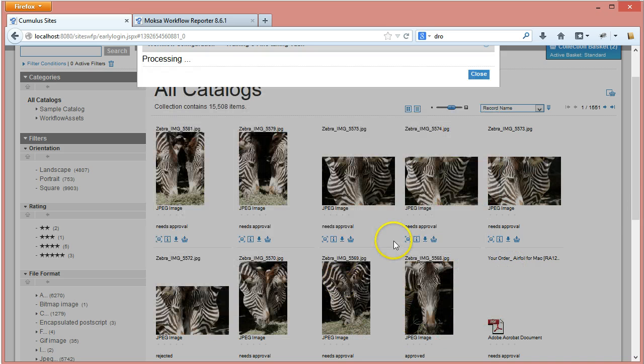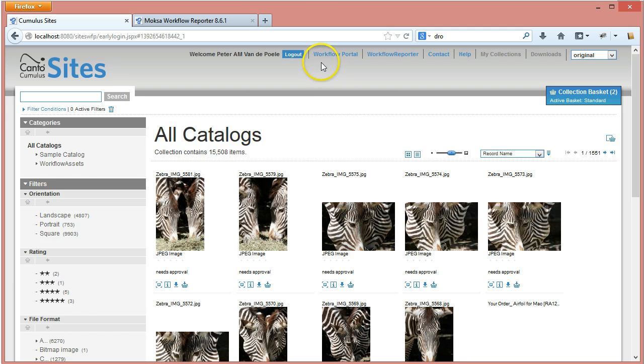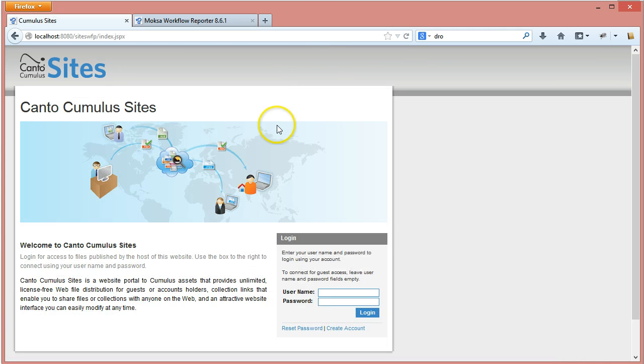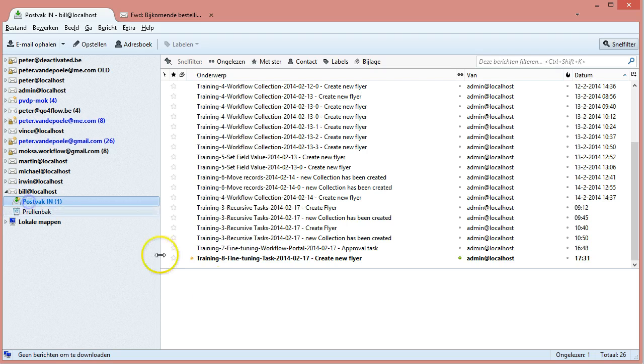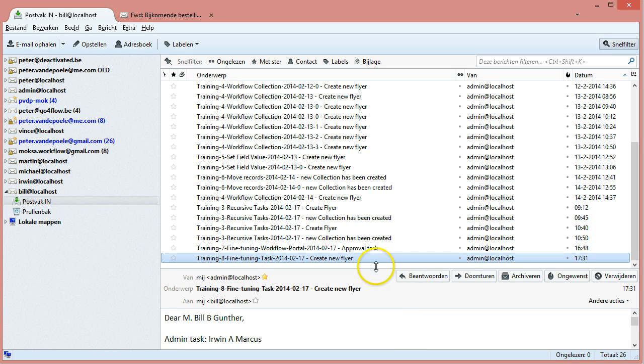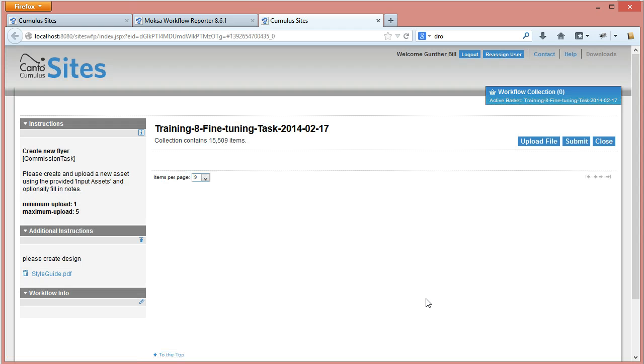The task is ready to be executed. The workflow is ready to be executed. So if at this point I close this, and I can log out, and I can wait for the email to come for the first person in the workflow to be notified to perform his or her task. I'm clicking here to see if the mail has arrived, and there it is. I open my mail, and I get the necessary information. I click on the link, and when I open the task,